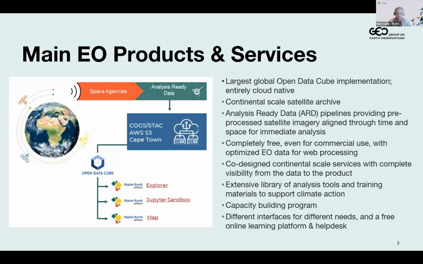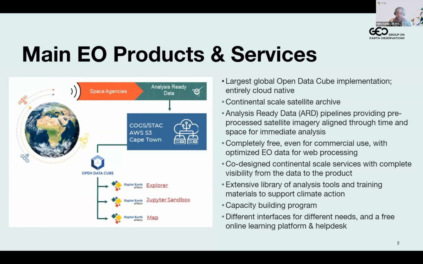And this is very important because it allows you to perform time series analysis immediately without having to pre-process, correct for the atmosphere, do geometric corrections. And the data is structured in such a way that it's easy to just query the data you need for your area of interest and the time of interest.